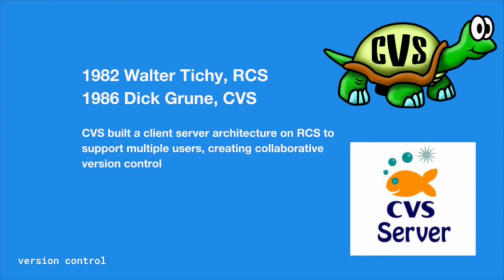In the 80s, we really get the beginning of version control as we recognize it now. RCS was quite a popular system for a long time, but CVS came along in 1986 on top of RCS and built a client-server architecture, so you could finally actually work as a team, not an individual, and this was really quite radical. It was the first kind of modern version control system in the sense it was for teams. And you could really use it to collaborate with teams, with a centralized server that the whole team used for their version control.